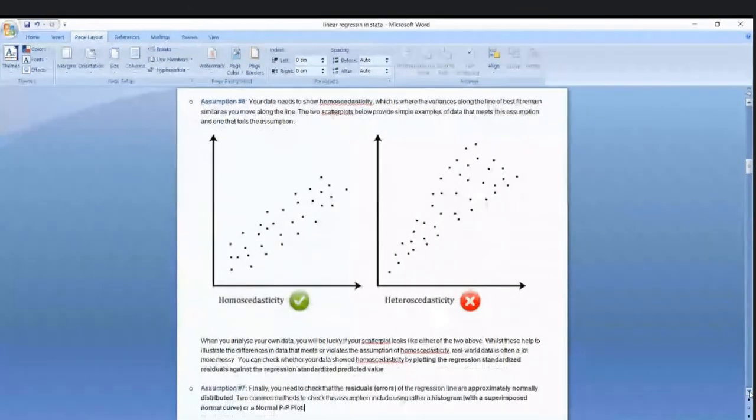heteroskedasticity. When you analyze your data, you'll be lucky if your scatter plot looks like either of the 2 above. Whilst this helps to illustrate the differences in data that meets or violates the assumption of homoskedasticity, real data is often a lot more messy. You can check whether your data showed homoskedasticity by plotting the regression standardized residuals against the regression standardized predicted value. So basically what we're doing here is, I think it's important,